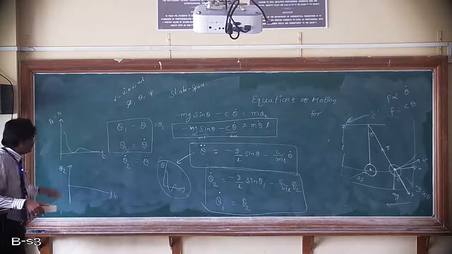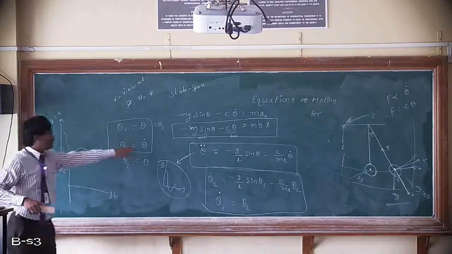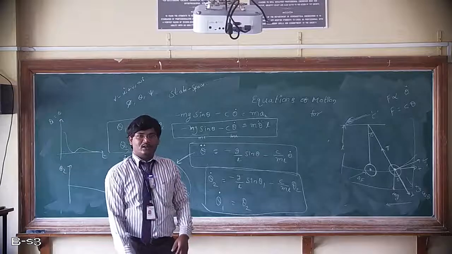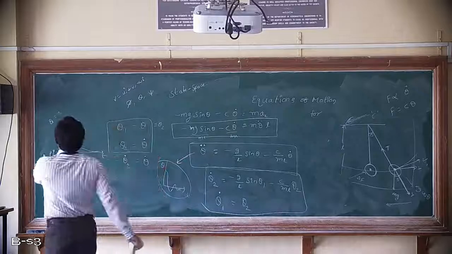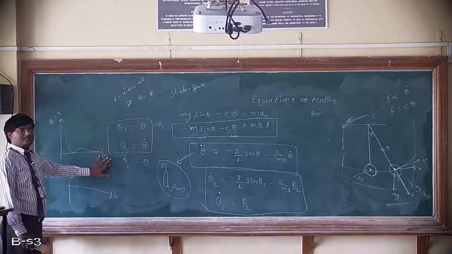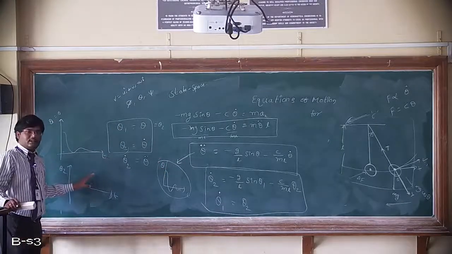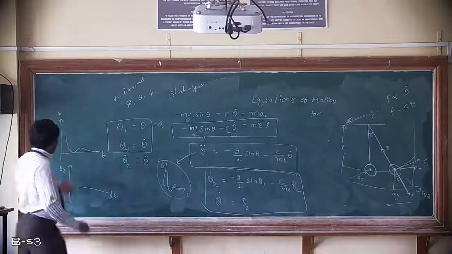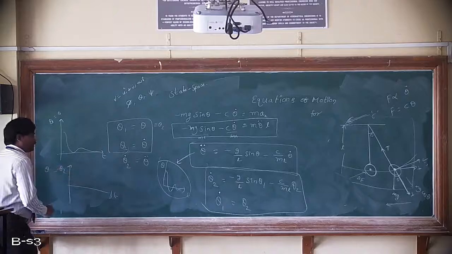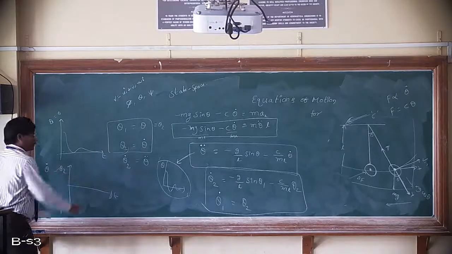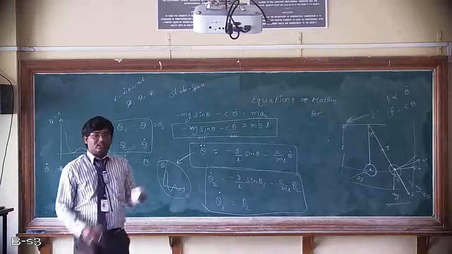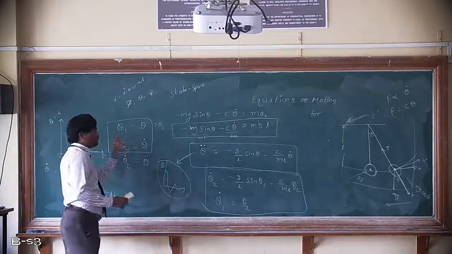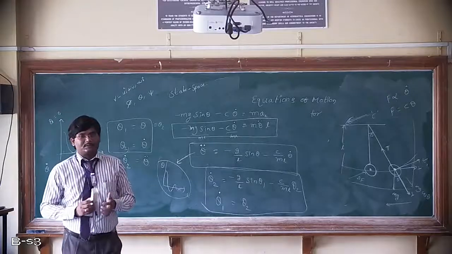One more advantage is you will find theta 2, that is nothing but theta dot. Velocity also, how velocity is varying with respect to time. Definitely you will find position theta with respect to time, that is sure. In the same manner, in this process you will find the velocity theta 2, that is nothing but theta dot, how it is varying with respect to time. This thing also you can know. So that's why theta 1 and theta 2 are called state variables.